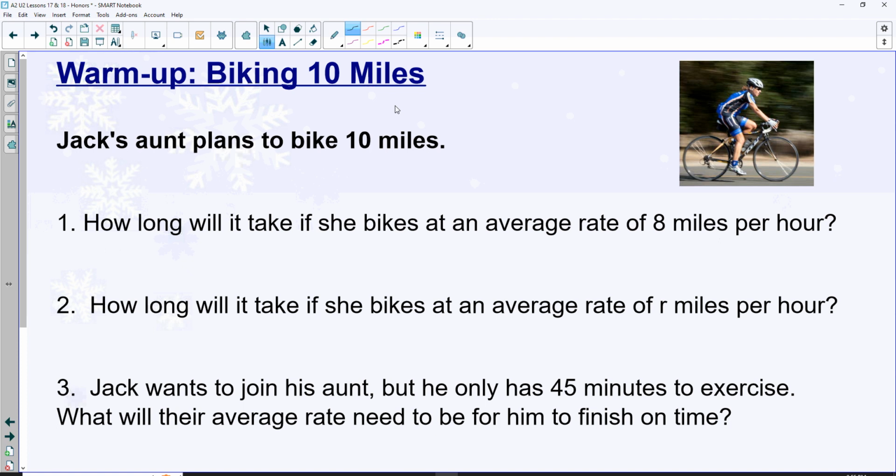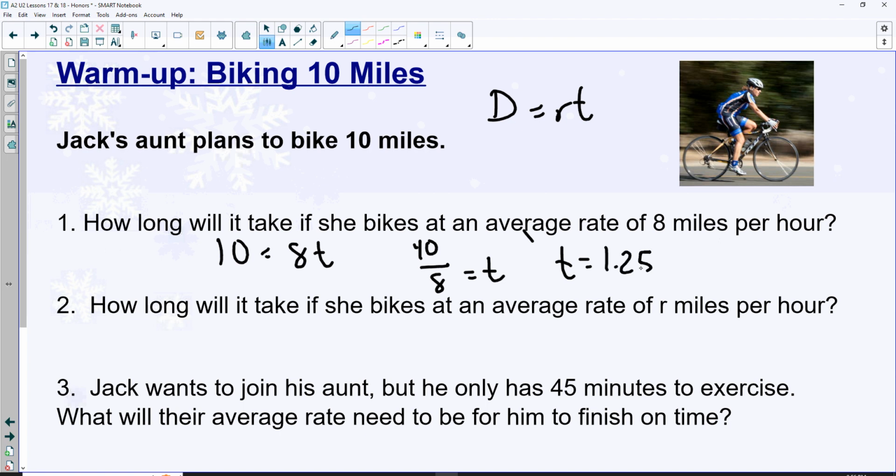Ooh, this sounds like I need to think about distance, rate, and time. Maybe you remember this from science class. You might remember a formula D equals R times T, right? So maybe we'll use that here. How long will it take if she bikes an average of 8 miles per hour? So we can plug the 8 miles per hour in, that's the rate, and the distance is 10 miles. So 10 equals 8t. We'll divide by 8, and we get 10 over 8 equals t. T equals 1.25